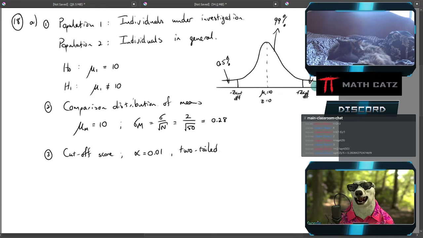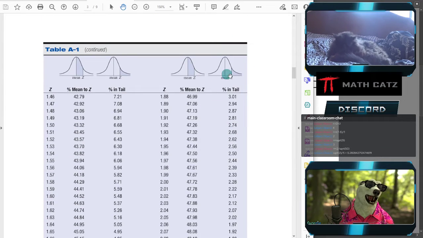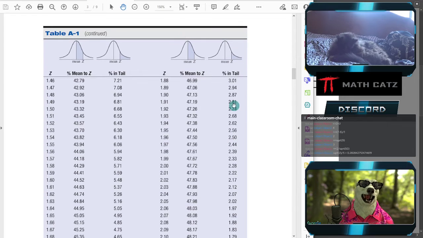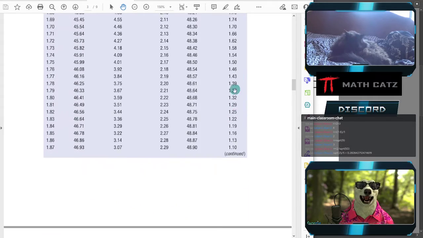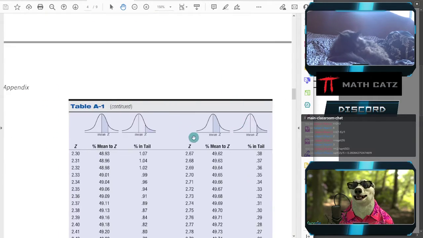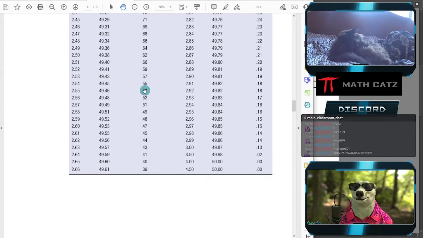So then I go to my table and I'm looking for the tail, 0.5% in the tail. It's pretty small, but that's what they want, 0.5%. So I'm looking at the right column for the tail. I almost never look at the left one here. I can always convert it to the tail if I need to. I'm looking for 0.5%. Ooh, that is small. 0.5%, almost there. And again, unfortunately, because the book just has a summarized table, my 0.5 sits in between